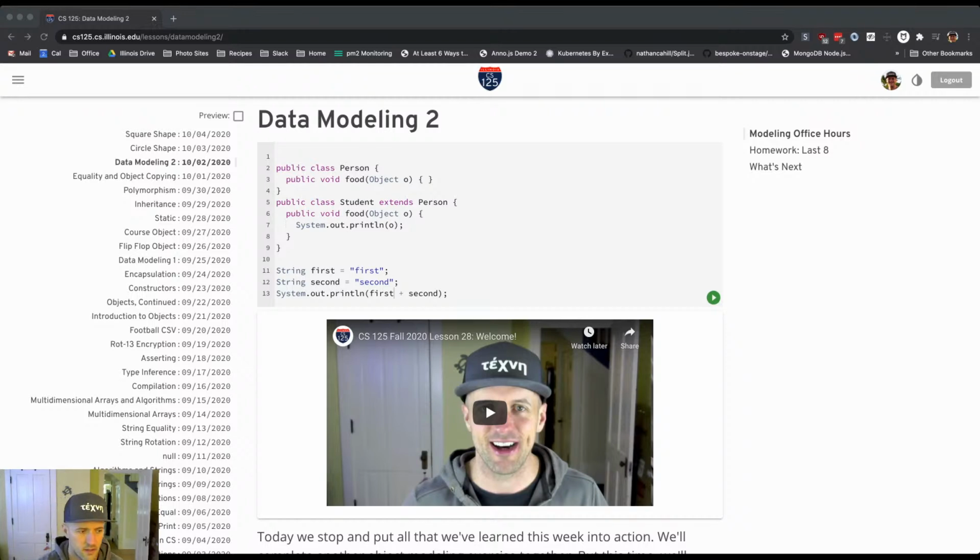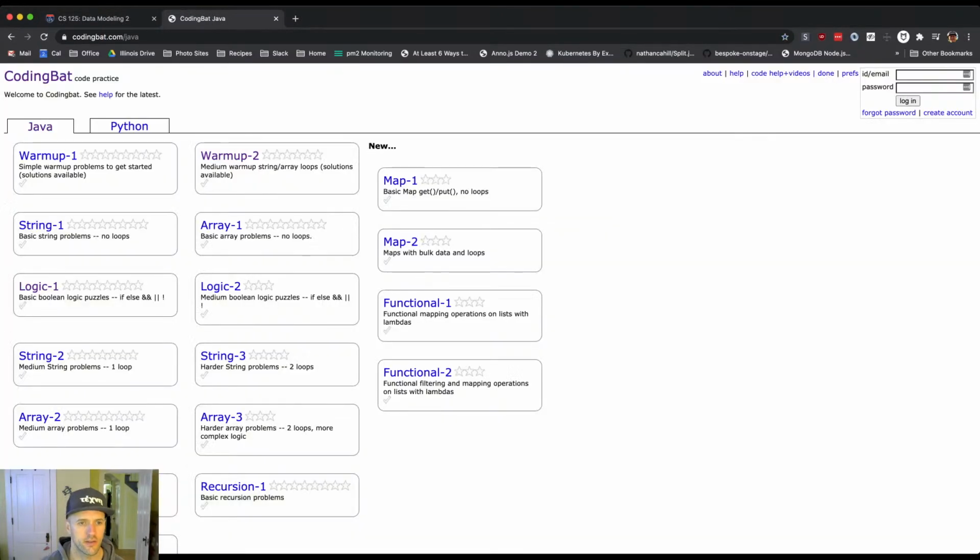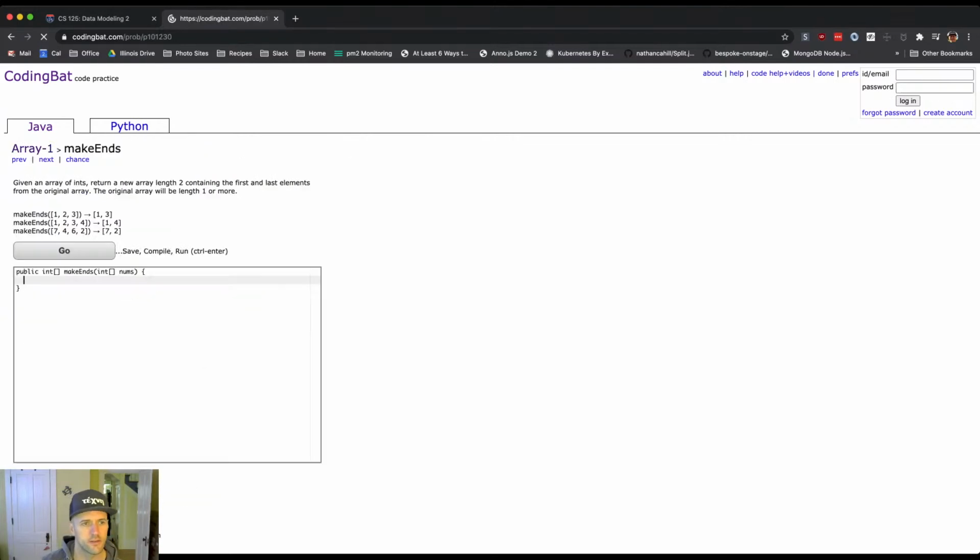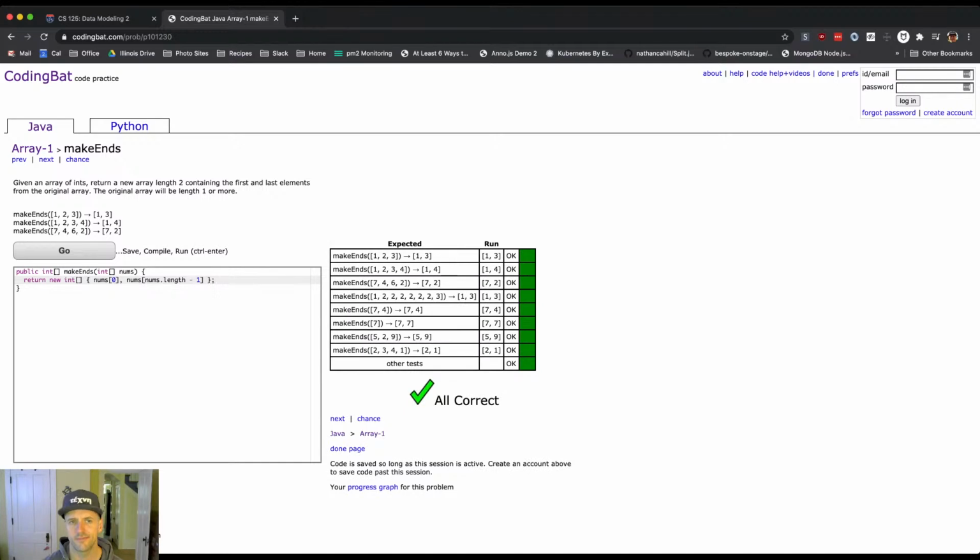Yeah, so there's Coding Bat, which is a nice site, if you guys haven't seen that one before. It's actually pretty similar. It's got a lot of little simple Java problems. Let's see. First and last element, right? So, things like this, right? So I could say return new int nums[0], nums[length - 1]. I'm assuming this will work. There you go. So yeah, they've got a pretty cool page here,